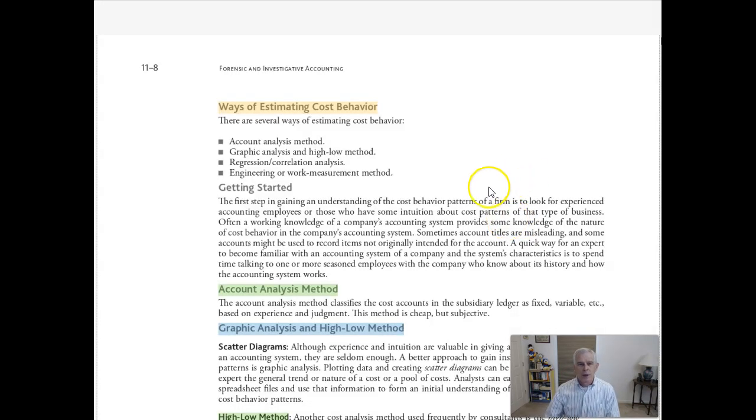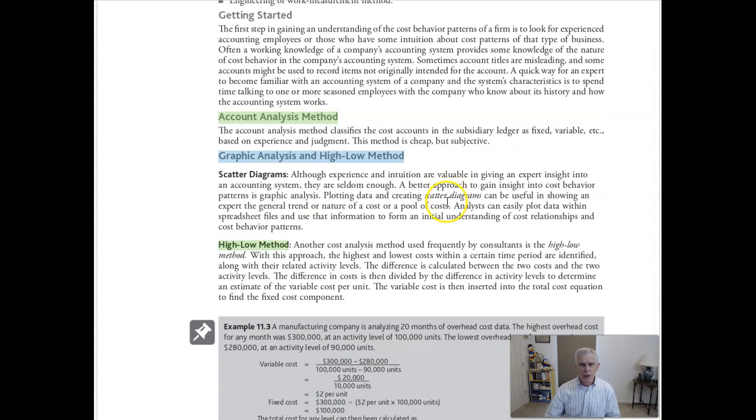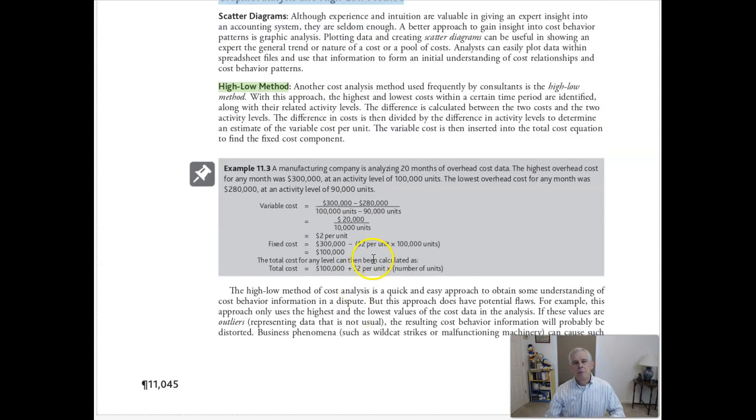Next page. Now there are various ways to estimate cost behavior. And again, I'm hoping this is a review for you. You can actually go account by account and see what's in there, estimate how the costs act. You can use some graphic analysis and the high-low method here. Scatter diagrams, they give you ballpark figures. You just plot dots on a graph and just draw your own line. Maybe ballpark accurate. The high-low method, maybe a little bit more accurate.